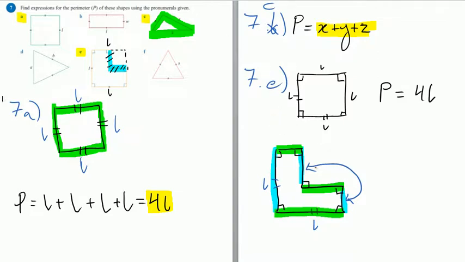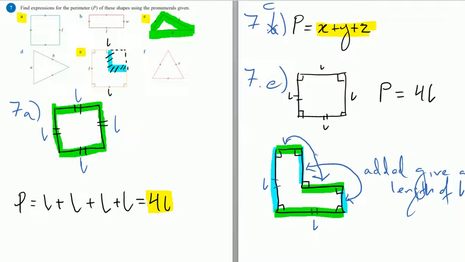So these two, when added, give a length of L, and same thing with these two. If I add these two together, these two give together a length of L. So then when I'm walking around, I'll have L, 2L, then when I cover these two blue bits,